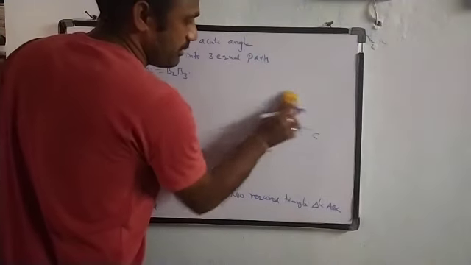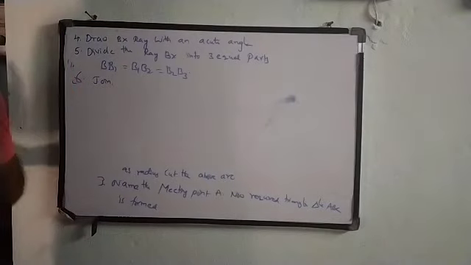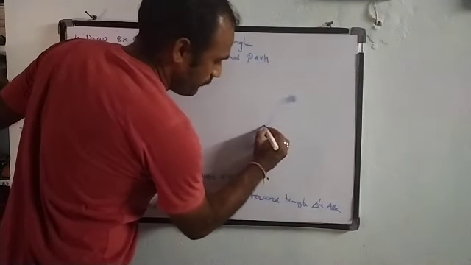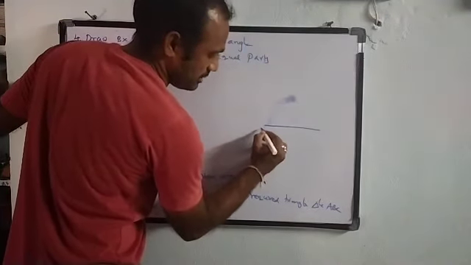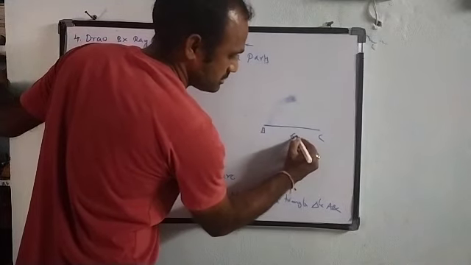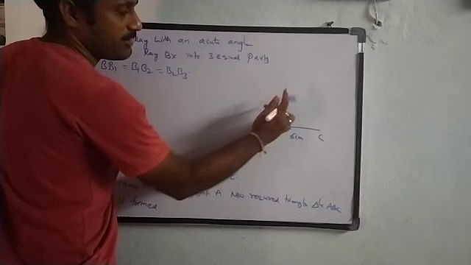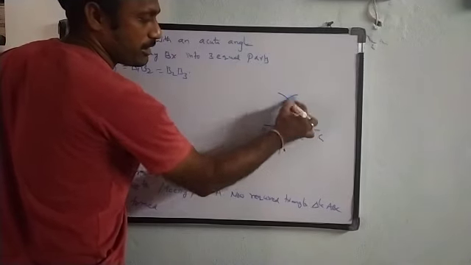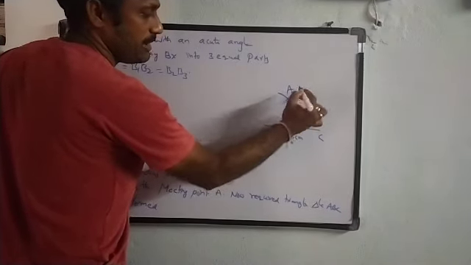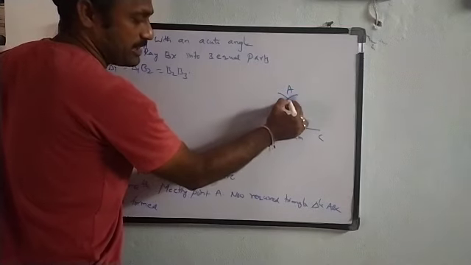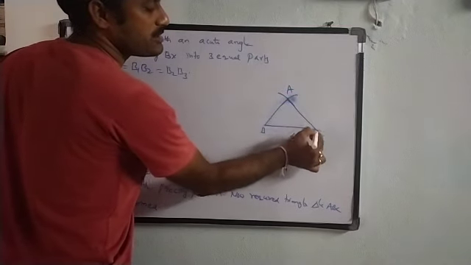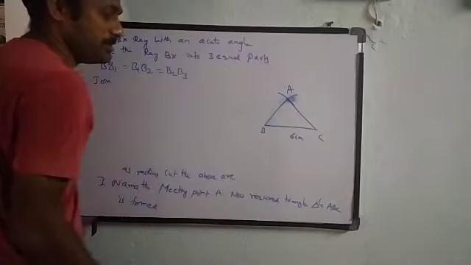So this is a rough figure. Now let us draw the original figure. As I have said, firstly we need to draw BC with a scale, 6 centimeters. Using the compass, taking B as center we draw a 4 centimeter arc. From C we cut the arc which is 5 centimeter. The meeting point is A. Now join AB and AC by scale. So this is the required triangle ABC.